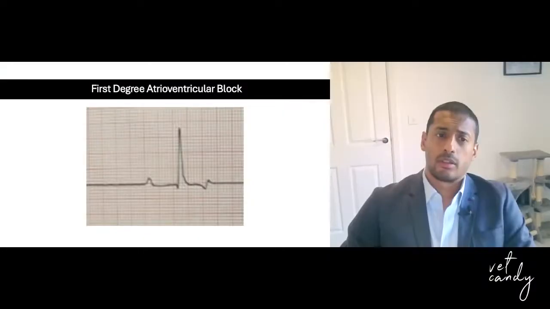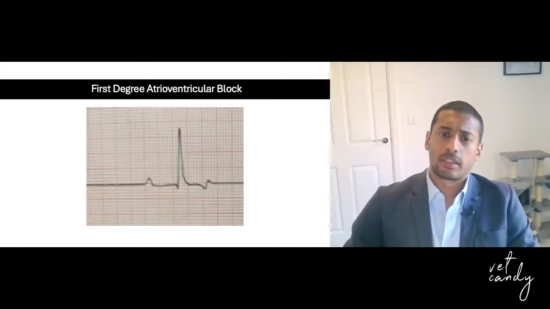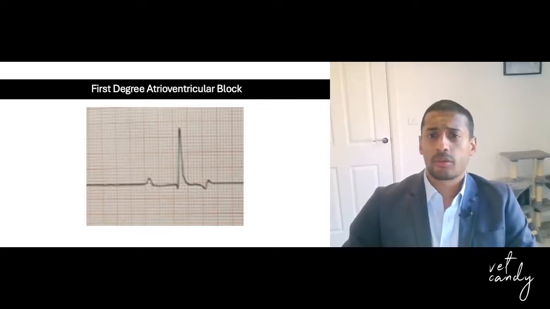We'll start with first-degree atrioventricular block. First-degree AV block is a delay in AV nodal conduction. This can reflect increased vagal tone, can be drug-induced, etc. Certain dog breeds, particularly brachycephalic dogs, often have high vagal tone and may have first-degree AV block as a normal